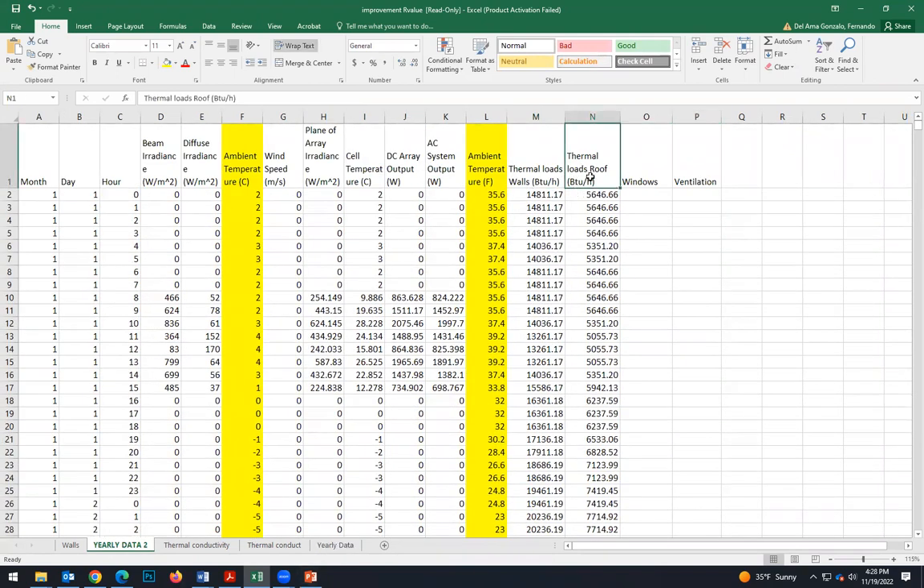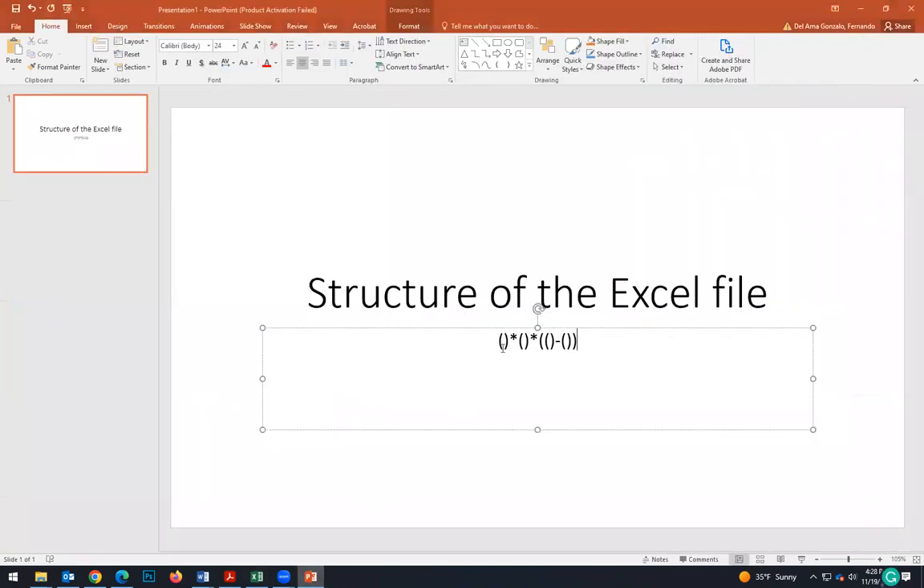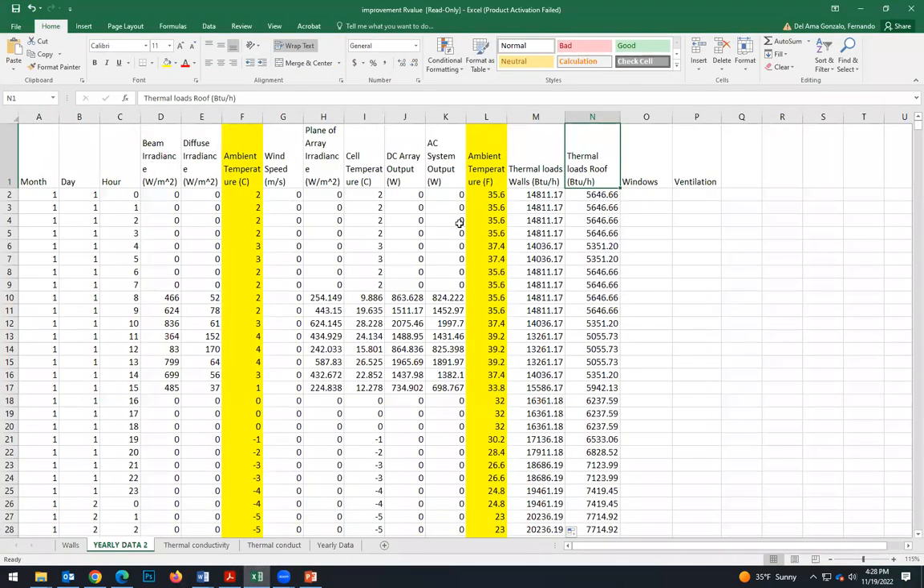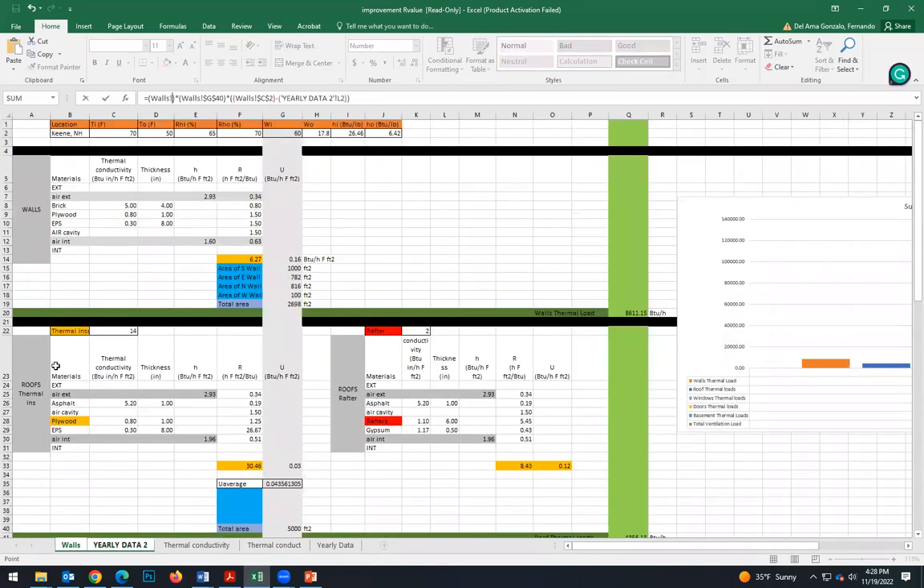Then for the roof thermal loads, we have the same structure. We have a value times another value times indoor minus outdoor temperature, and the outdoor temperature is always the one from that Excel file. So if we click this, then we have to go to this Excel file, and in the roofs we have to select the U average. Okay, so here we have the U value through the thermal insulation. Here we have the U value from the rafters, and that's the U average. So we always have to select this one, and remember $